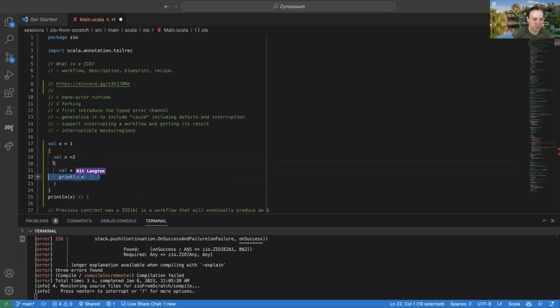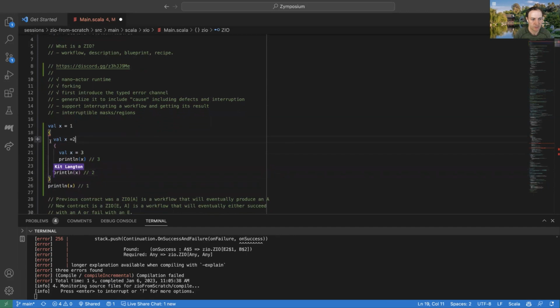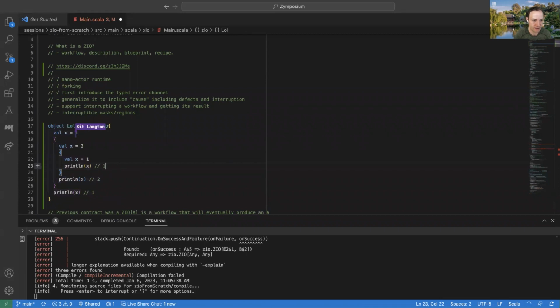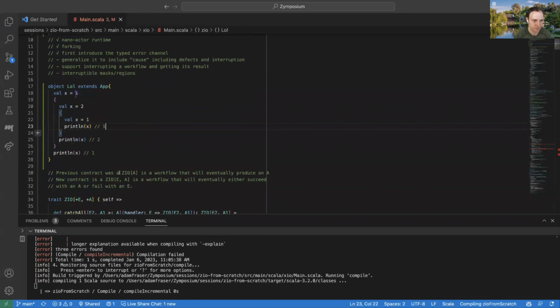Within each of these blocks, I'm just explicitly using shadowing, but the inner value is going to be the one that is x. So outside of all this, x is 1. Within this block here, x is 2. Within this inner block here, it's 3. Or if I wanted to, I could make it 1 again to illustrate this idea that I can do and undo things.